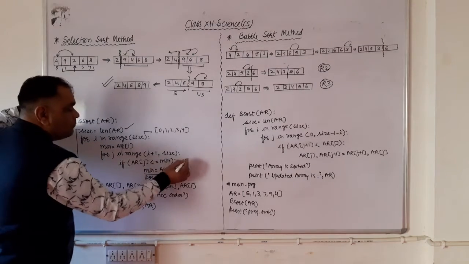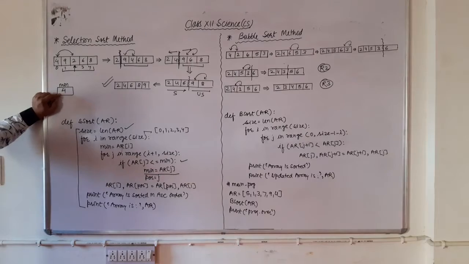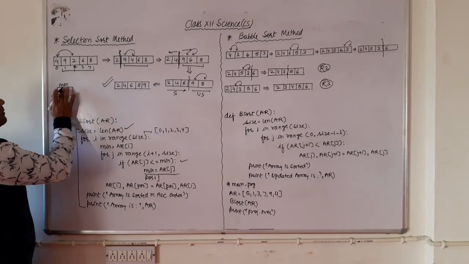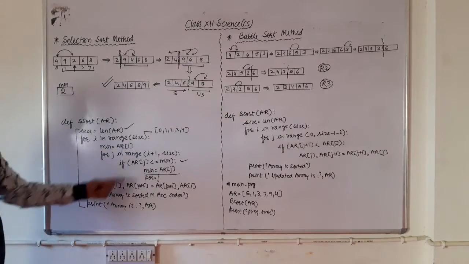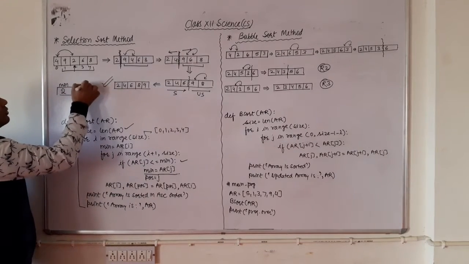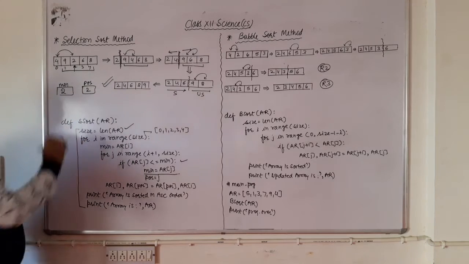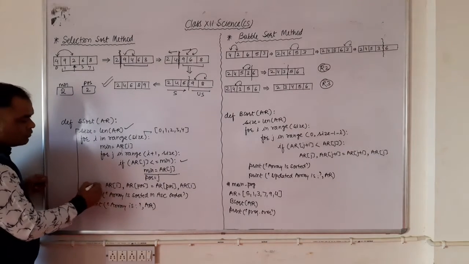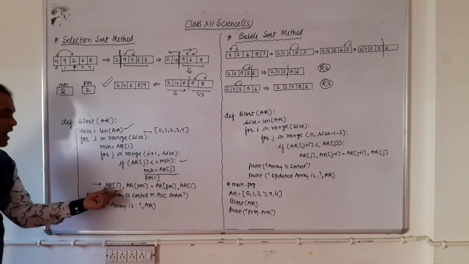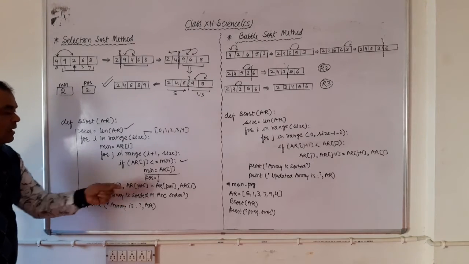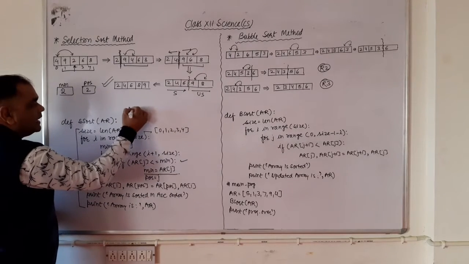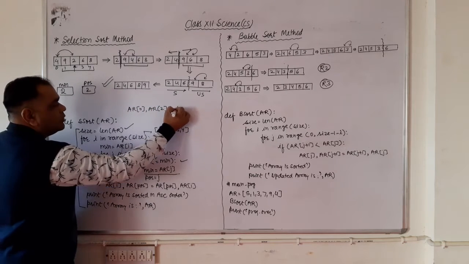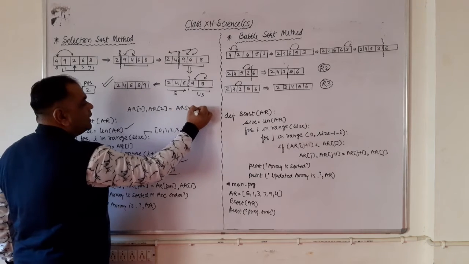Now if it is true, means AR[j] is less than or equal to the minimum element, so here what will happen? Min equal to AR[j]. Now the value of minimum is 2 here and position equal to j. So the computer records the position 2 of this minimum element in the position variable. Now just see how you can swap the array elements AR0 comma AR position. Means here the code is AR0 comma AR2 equal to AR2 comma AR0.